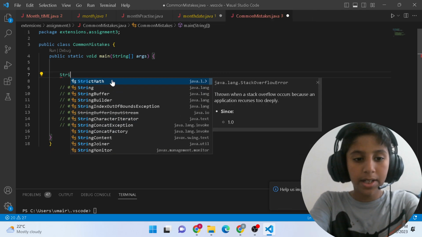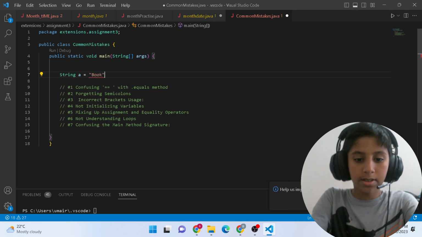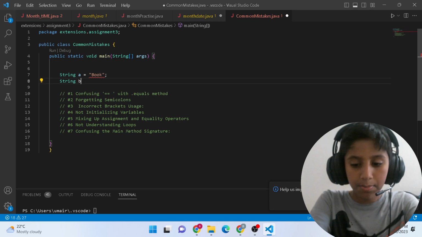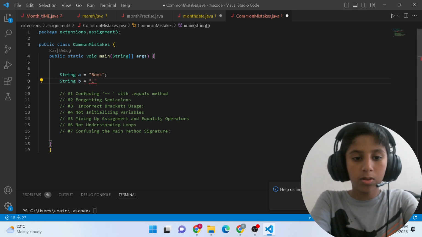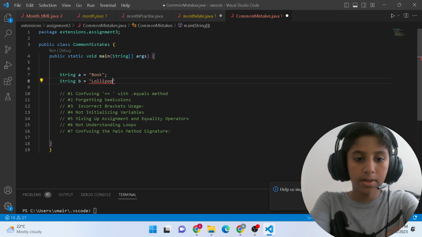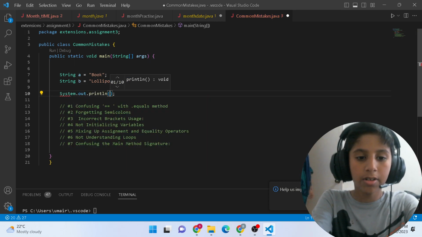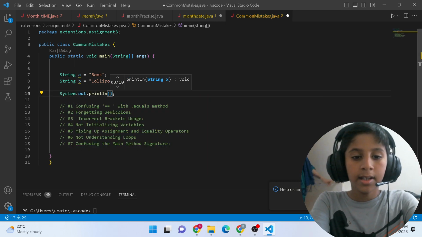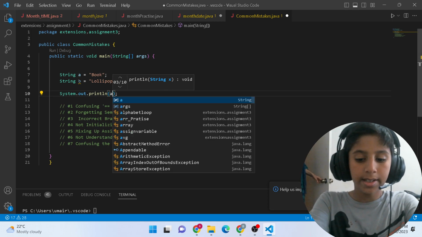So for example, by using the equals method, we can do string a is equal to book, and then string b is equal to lollipop. Okay, and then semicolon, and then system.out.println, and then inside the parentheses, we have to write a